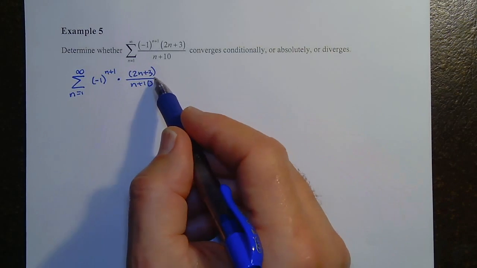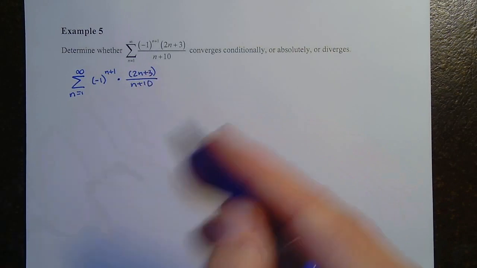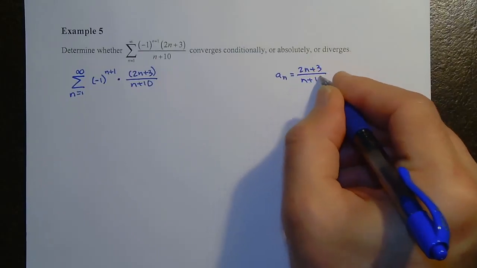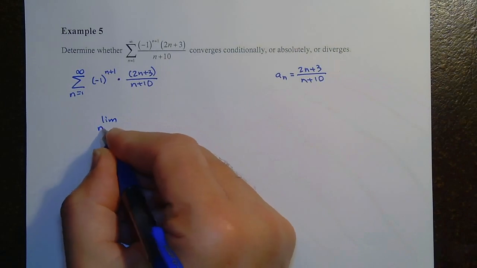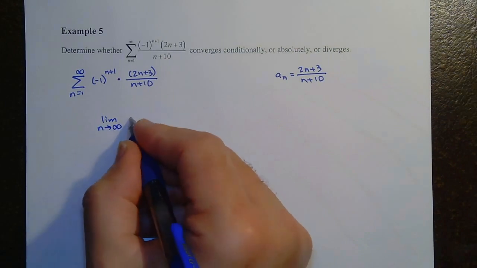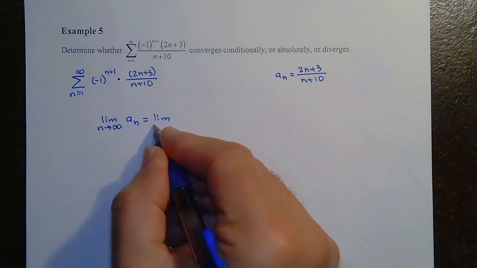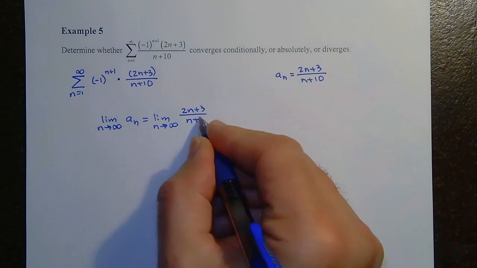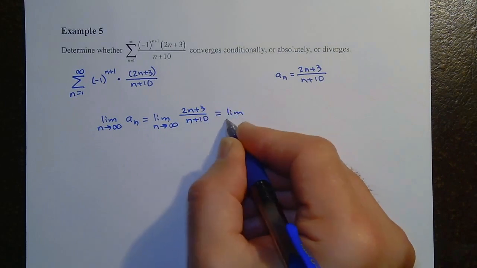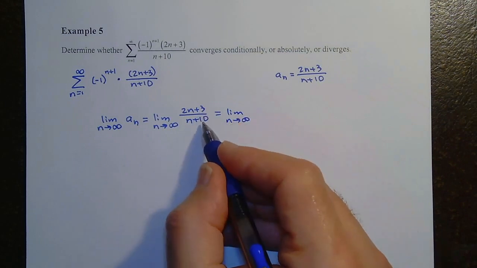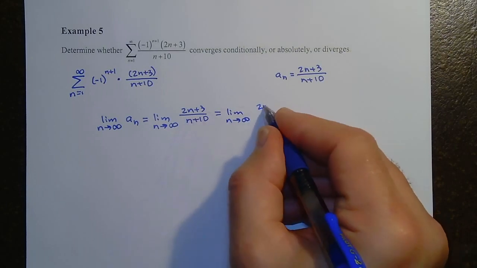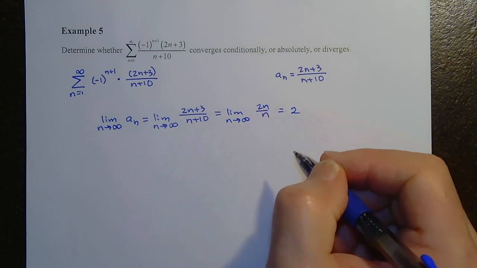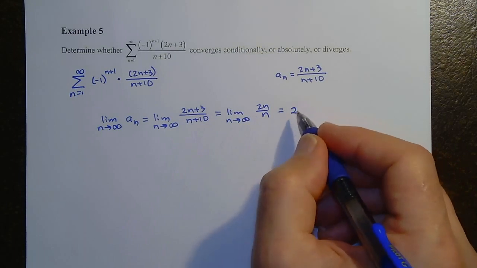But we should know just by looking at this, it's not. It's going to go to 2, right? So kind of looking ahead, I know that a sub n is equal to (2n plus 3) over (n plus 10). And if we do the limit as n goes to infinity of a sub n, that would be the limit of (2n plus 3) over (n plus 10). As n goes to infinity, the plus 3 and the plus 10 are insignificant. So this is 2n over n, which means we're taking the limit of just 2, which is 2, right? And if this doesn't come out to be 0, which is one of the 3 things for the alternating series test,